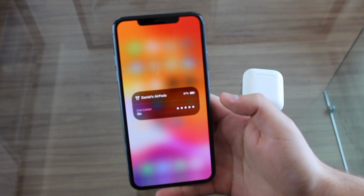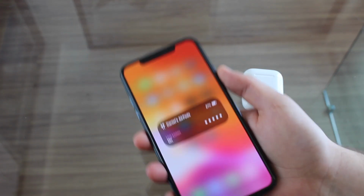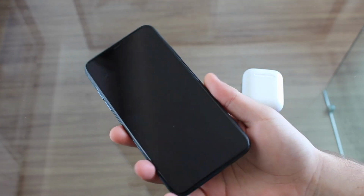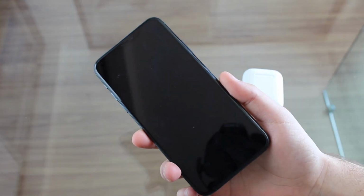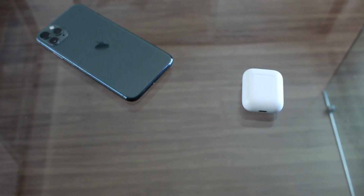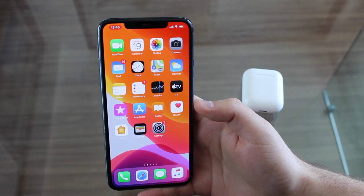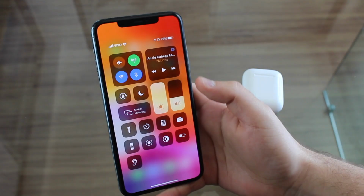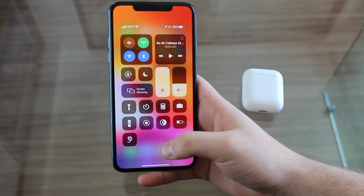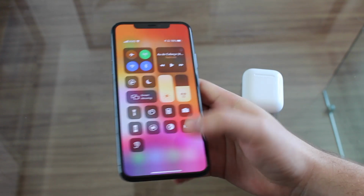But it's super cool. I'm not responsible for this, of course, but the idea is you could have your iPhone, for example, locked as it is right now, and I'm still getting the amplified sound on my AirPods. Leave your iPhone in another room, for example, and then leave that room, and you can still listen to a conversation that some people are having. This is absolutely insane. This is really a spy tool, and I had to show you because it's super cool, but again, watch it, okay? You gotta be careful on how you use that. So enough with Live Listen,